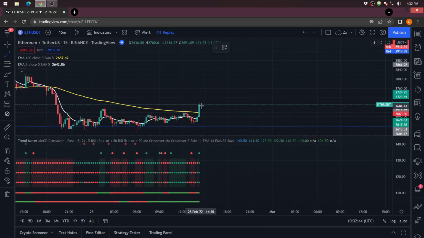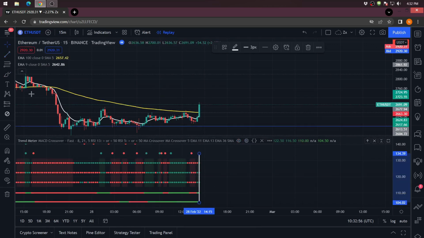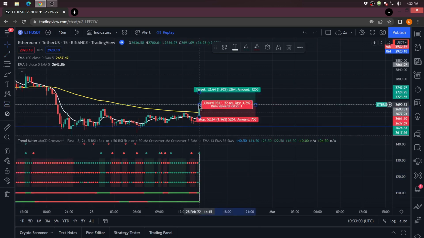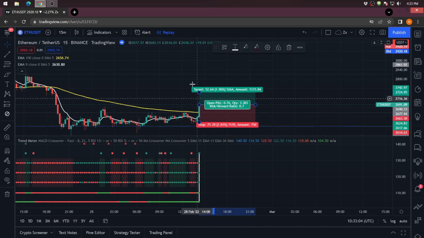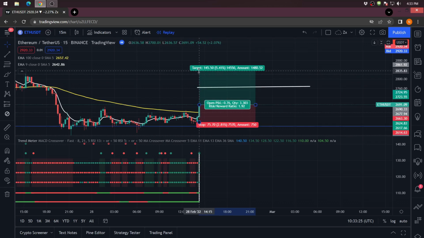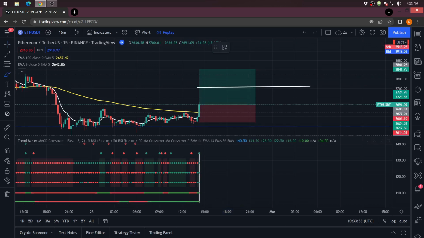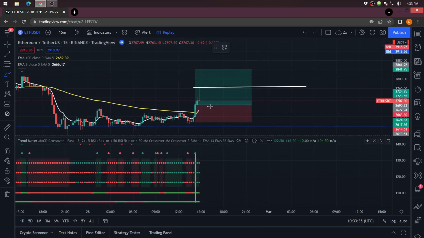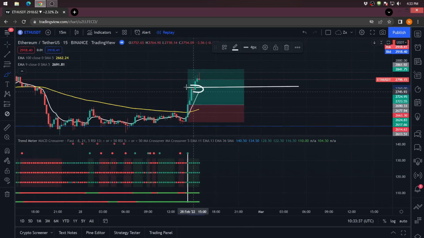In this chart the price is right now staying above the 109 EMA and also all the green dots match with all the green lines, that means it's a buy signal. So we take a long position here and our stop loss will be the last swing low, and the first profit target will be 1 times the stop loss and the second profit target will be 2 times the stop loss. And we can see after a few the price successfully hit our profit target 1,